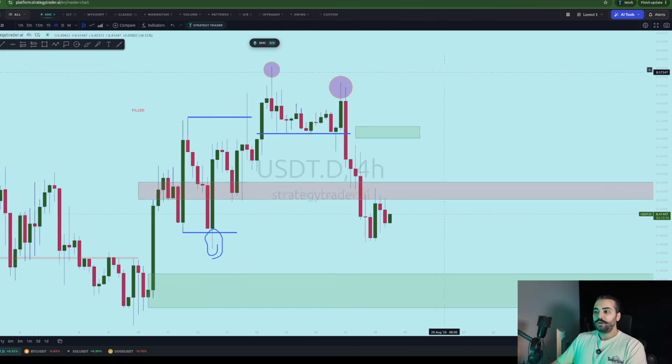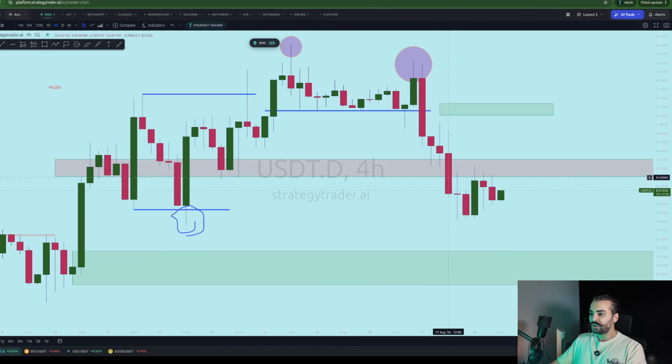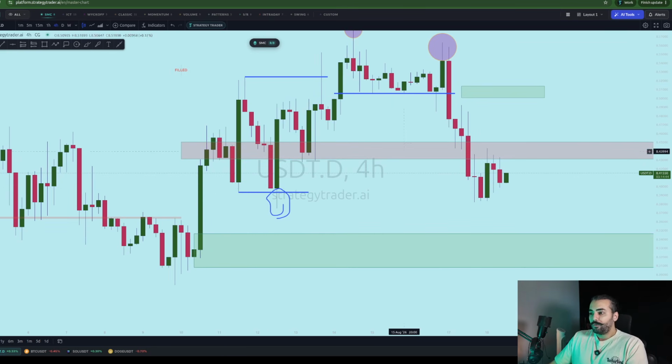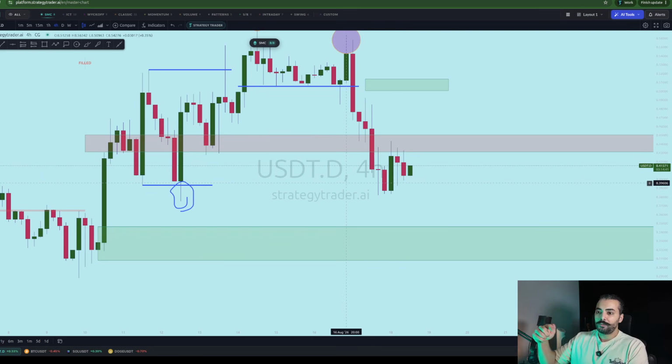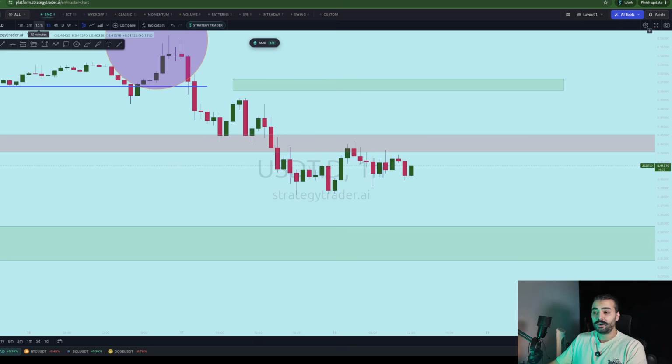All right, so from here, one of the things that matters for me was this box that I drew here. If you remember from yesterday, what we talked about was that once we go below this, the first target was this box, and then from here we could also get more positions by touching this box. Right now I'm in the 4-hour time frame. I will go to a lower time frame so you see how this box acted